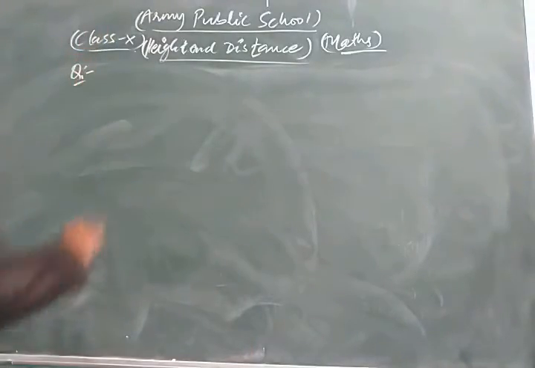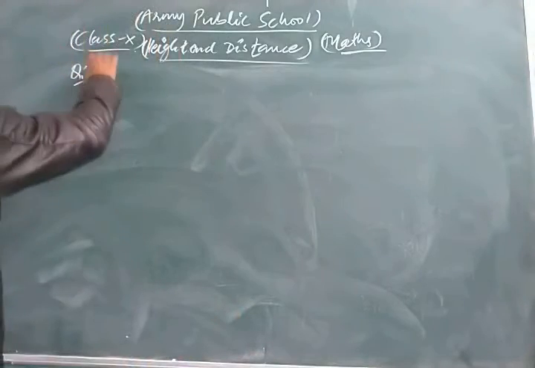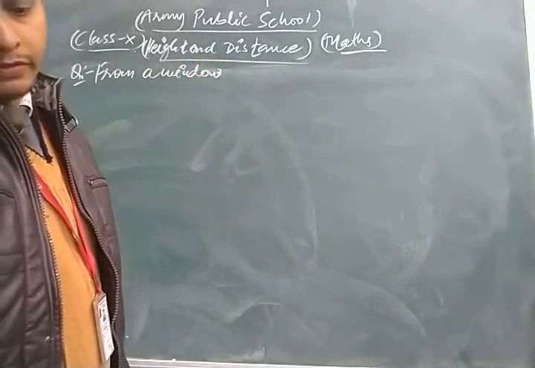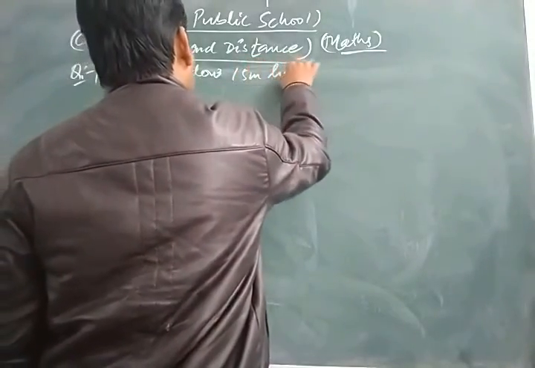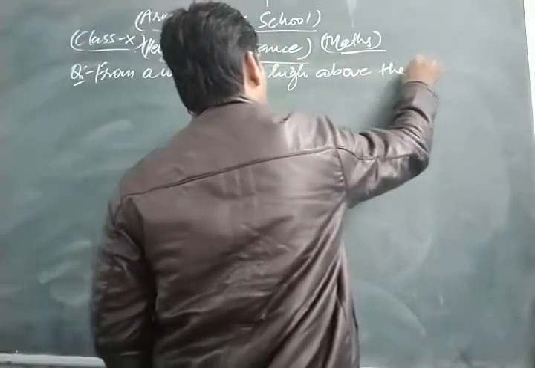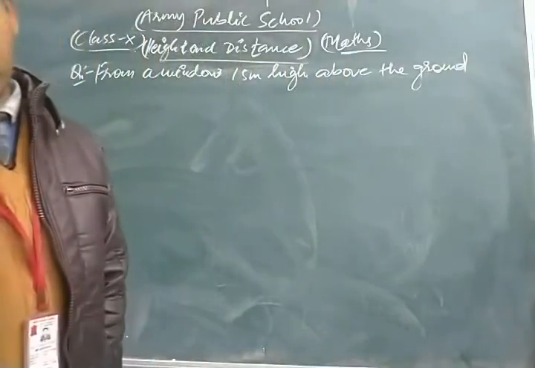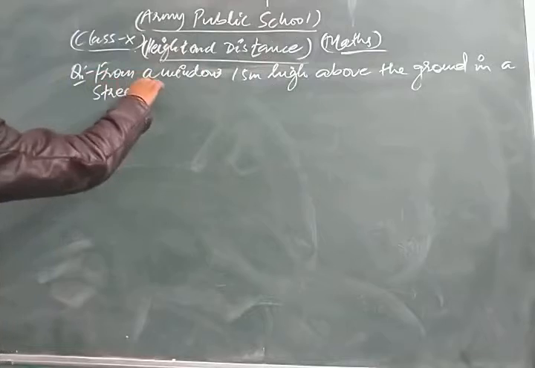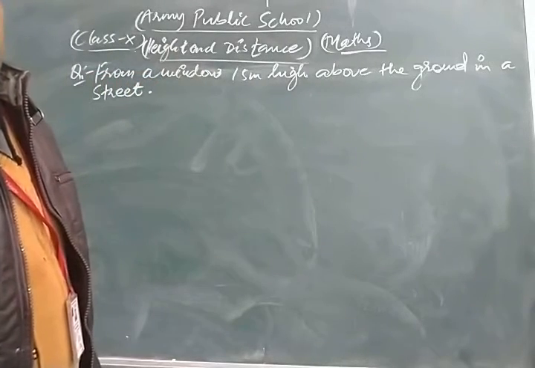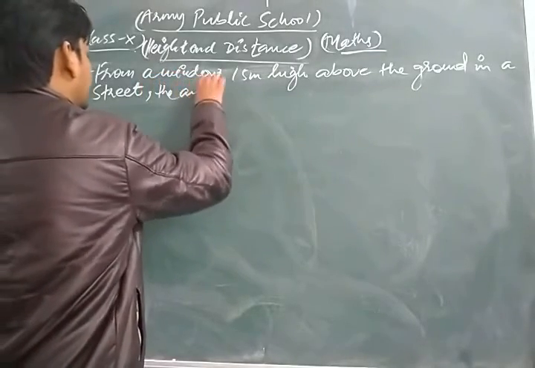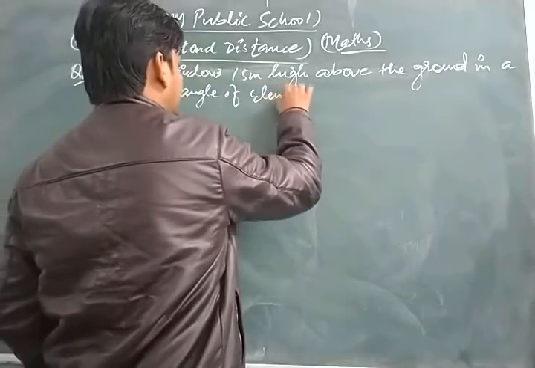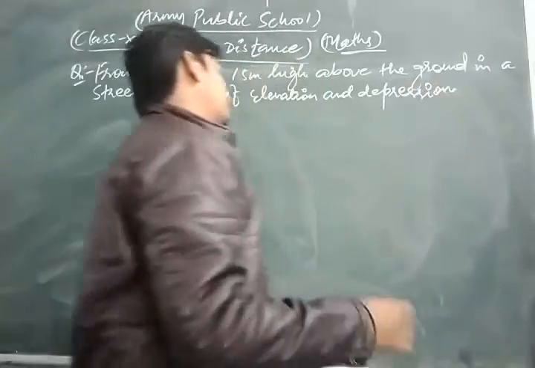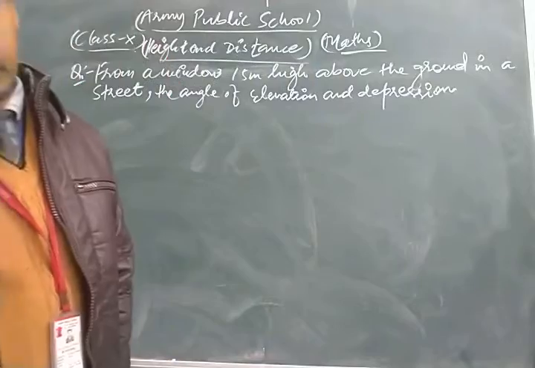We take a very important question of your syllabus, and the question is: from a window 15 meters high above the ground, in a street, the angle of elevation and depression of the top and the foot